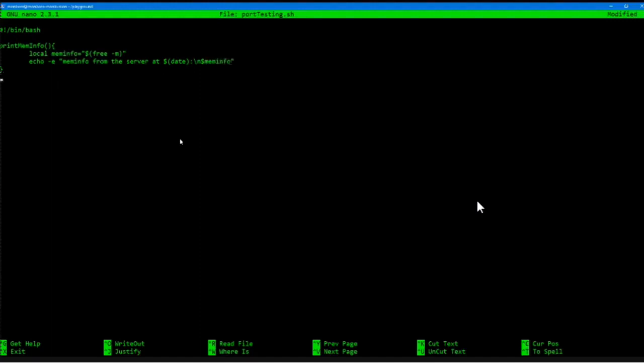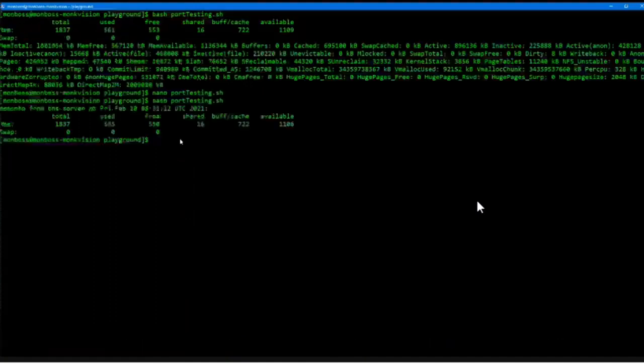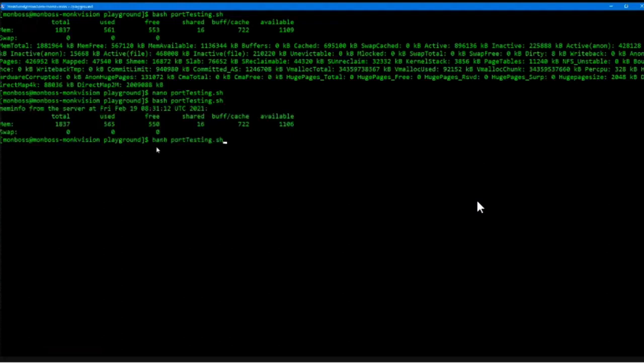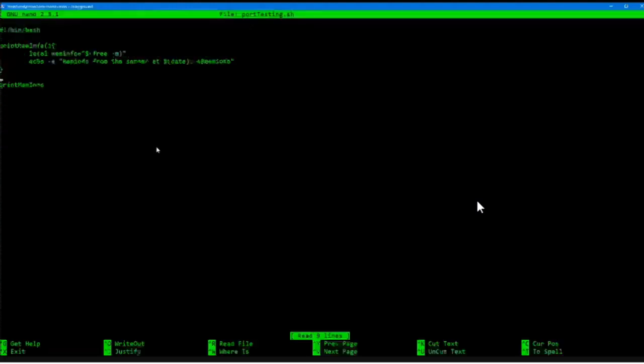Now if I call this function meminfo, save it, let me check if I didn't do anything wrong here. Yeah, it should go now. If I run this, this will then be fed out to my logs, right? I can also do a redirection here. So if I do a quick redirection to this function, let's say I want to do something like /home/